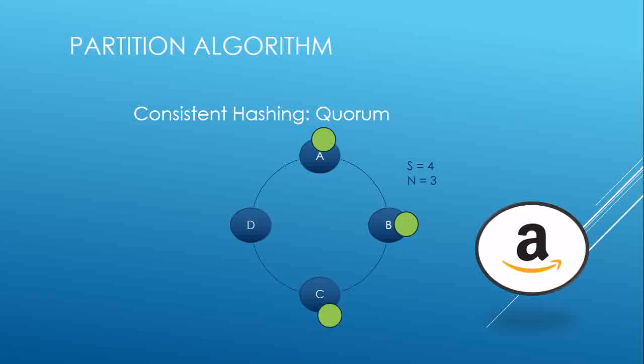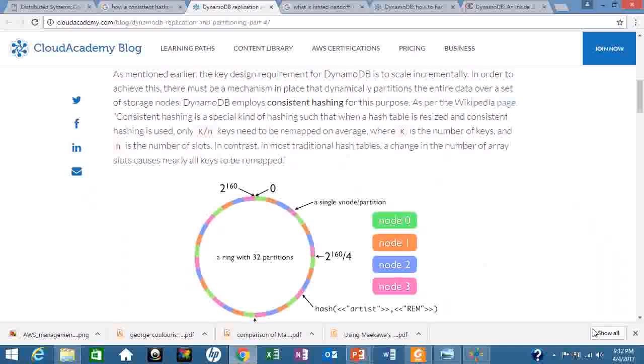So the consistent hashing is actually... DynamoDB employs consistent hashing, which, in traditional hash tables,